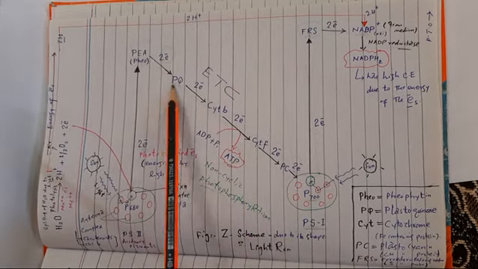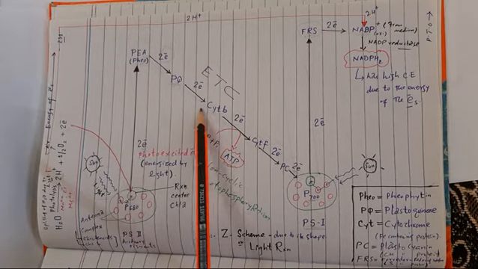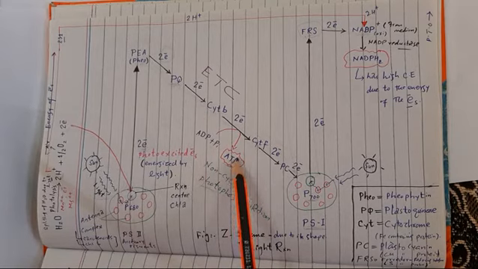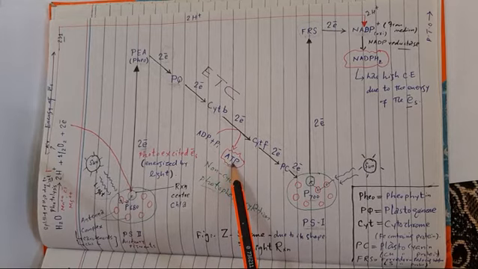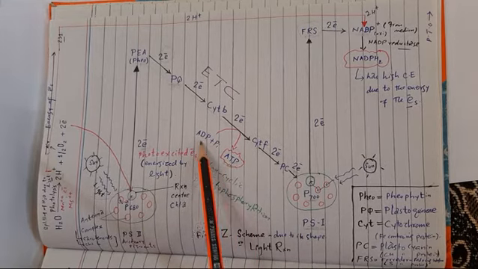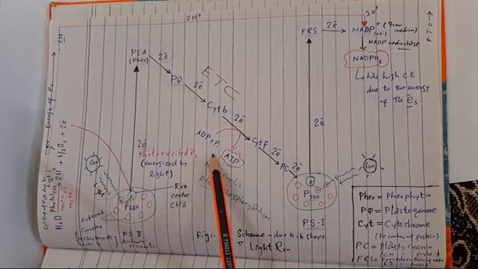When the electrons are passed through the electron transport chain, they lose energy. This energy is used in the synthesis of ATP from ADP and inorganic phosphate. This synthesis of ATP from ADP and inorganic phosphate using energy of sunlight is called